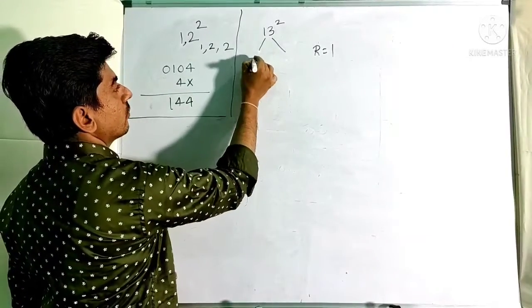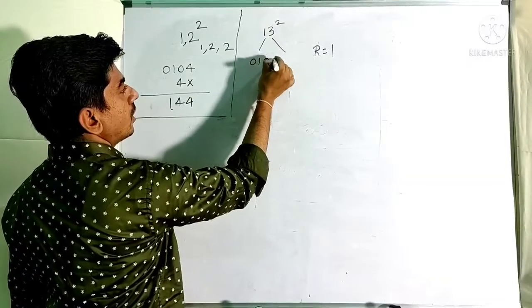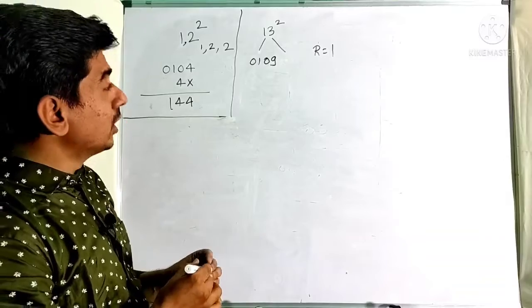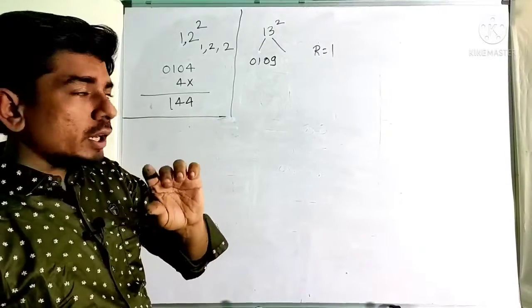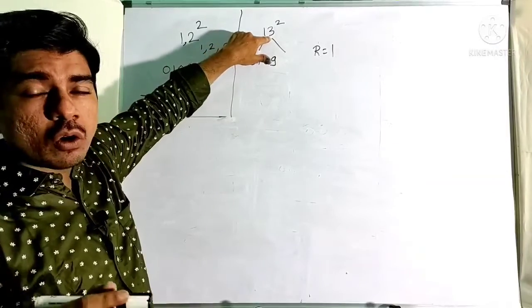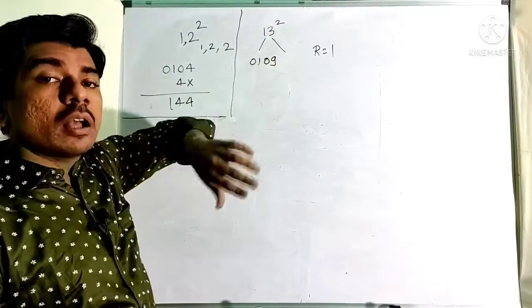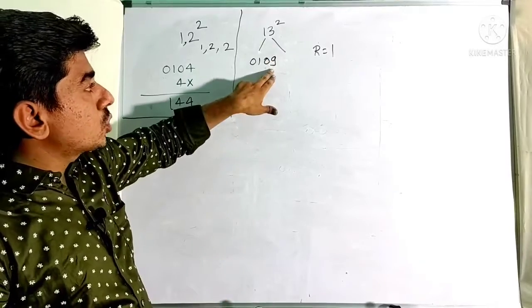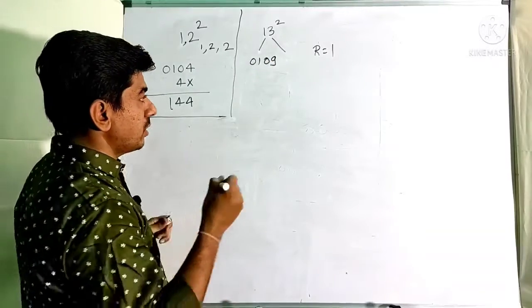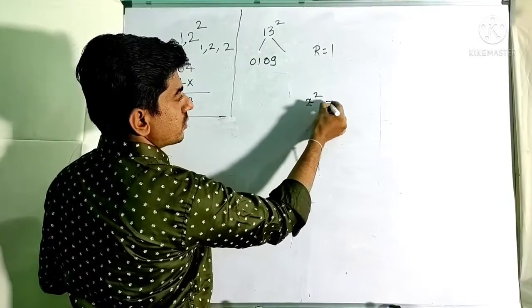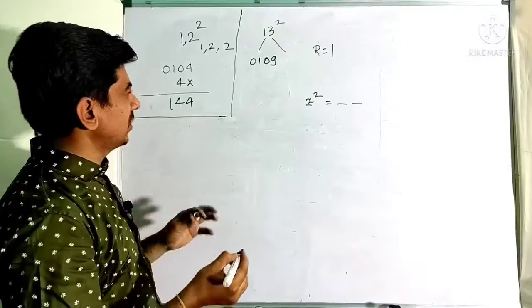The square of 1 is 1. The square of 3 is 9. Again, this will be the last time I will be telling: if you are taking the square of a number and the answer is coming as a single digit, then you should write it as 2 digits. That means a single digit number's square is written as 2 digits. Okay.